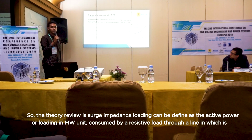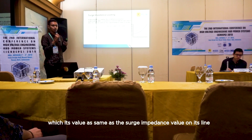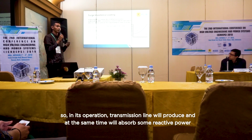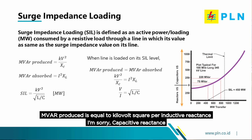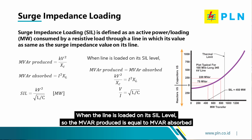So, the theory review: surge impedance loading can be defined as the active power or loading in megawatt consumed by a resistive load through a line in which its value is the same as the surge impedance value of the line. In its operation, a transmission line will produce and at the same time absorb some reactive power. As we can see here, the MVAR produced is equal to kilovolt squared per capacitive reactance, and the MVAR absorbed is equal to current squared times inductive reactance. When the line is loaded at its SIL level, the MVAR produced is equal to the MVAR